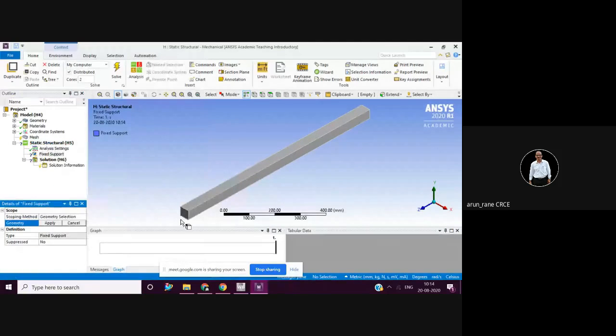So fix support. Go to the face. Select this face. Say apply. Alright. Now I have to be careful in rotating.